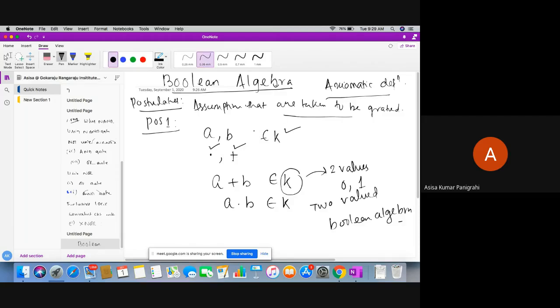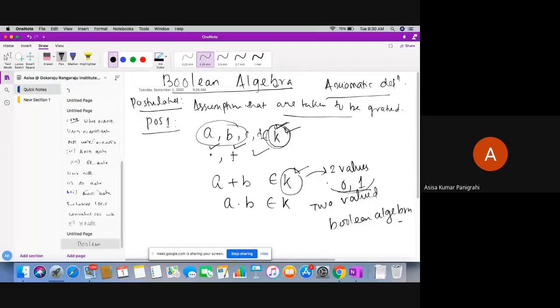So here, Boolean algebra is containing a set of 2 or more elements, which belong to this set K. So A, B, C, D, whatever I take, will be satisfied in this set, with 2 operators. Those operations, A or B, A and B, C and D, C plus B, everything should be within the set K, and those two values are 0 and 1.